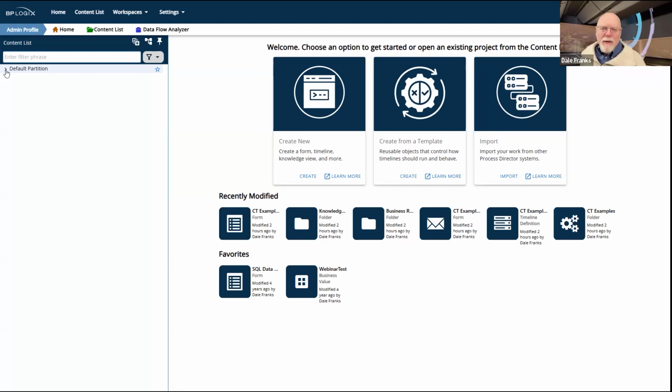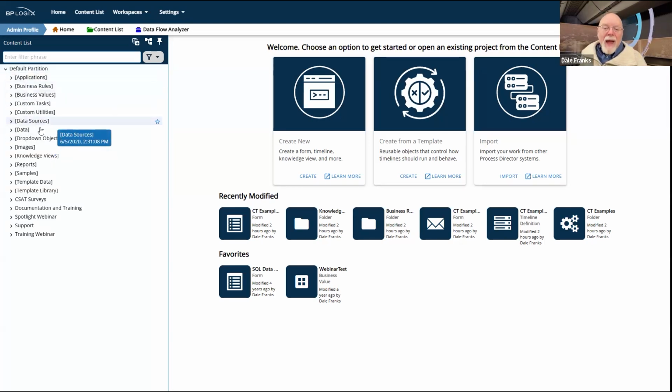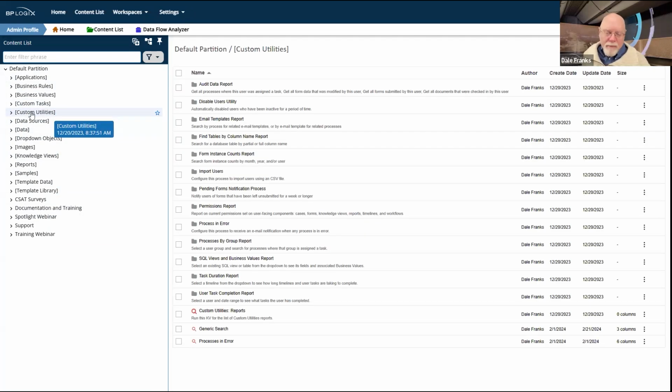And secondly, more specific to custom tasks themselves, because the partitions can't talk to each other, each partition needs to have its own custom tasks folder, because none of the objects that are included inside a partition can look at information that is contained in a different partition. So if you want to use any custom tasks in a partition, that partition needs to have its own custom tasks folder installed so that we can use them the way that they're supposed to be used inside that partition.